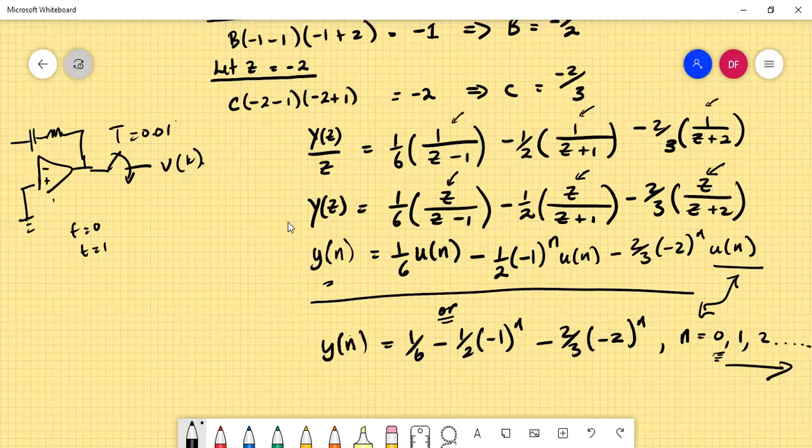You can plug in N equals 0 in both of these and find the value of the output. And when N equals 1, which is at T equals 0.02 seconds, what's the value? You work it out. And when T equals 0.03 seconds, because that's the sampling rate,